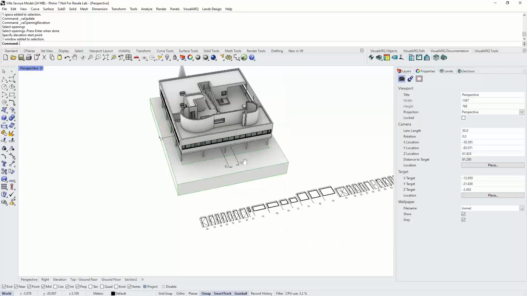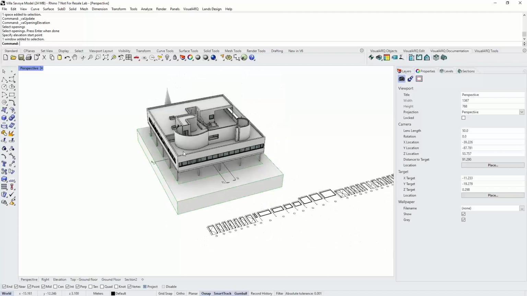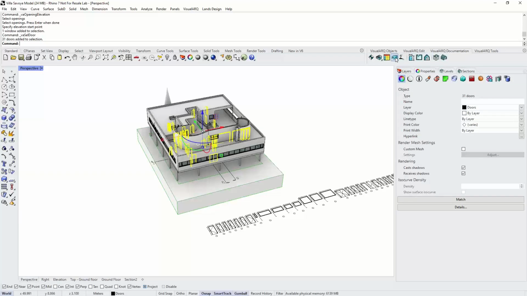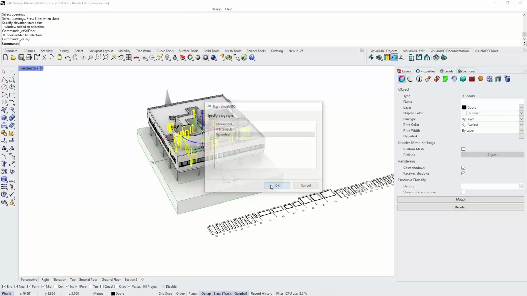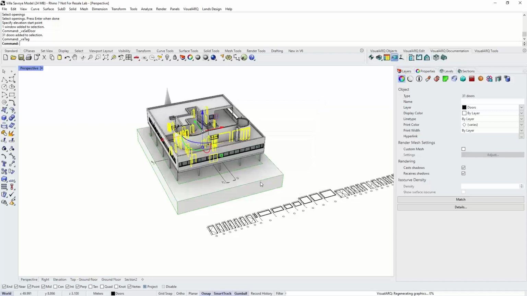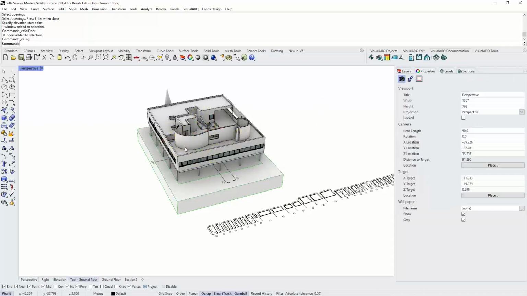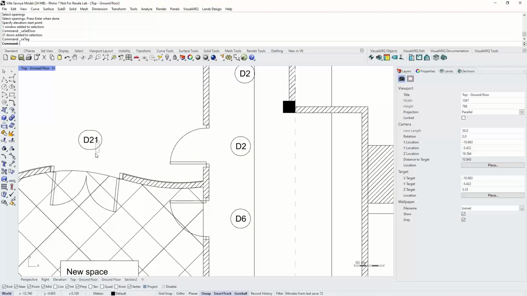And if you want to see a tag below these objects, we can, for example, add a tag for all doors. Here there are some tools to select all objects of the same type. For example, we can select all doors. Now we can run this tag command and select one tag style. And if we take a look now at the doors in plan view, we'll see this tag here,